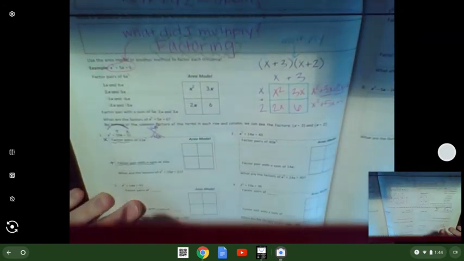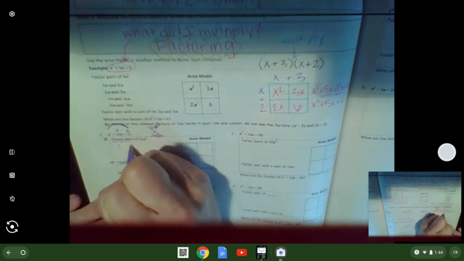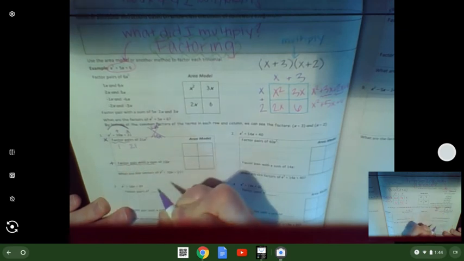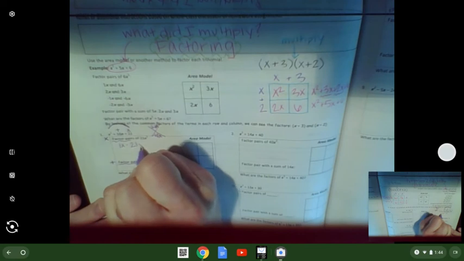You could also work this out in this kind of listing format that I'm doing right here. Let me see if I can adjust my camera for you. So here we go. I'm going to not worry about the x squared yet. Things that multiply to 21. Well, I got 1 and 21. Well, if I want an x squared at the end, we know x times x would give me